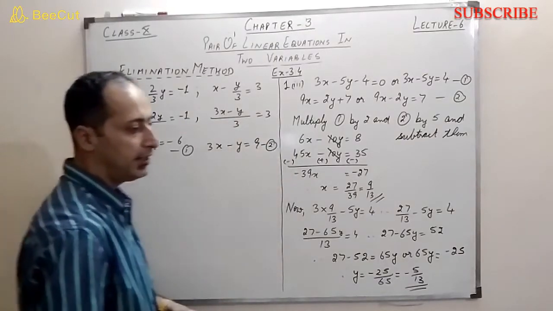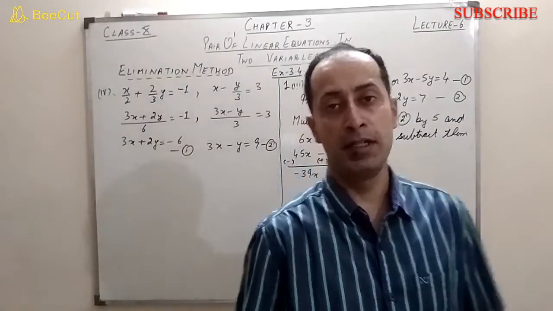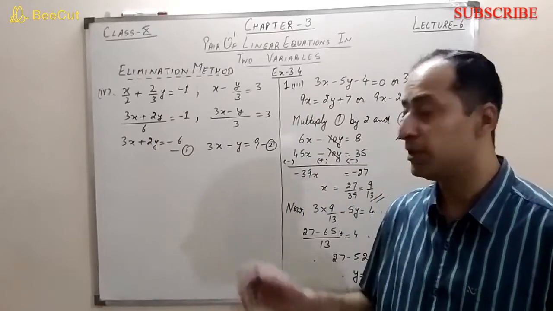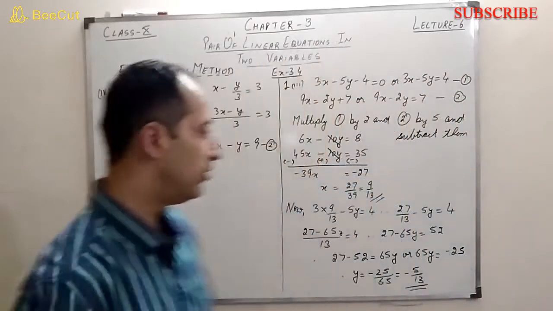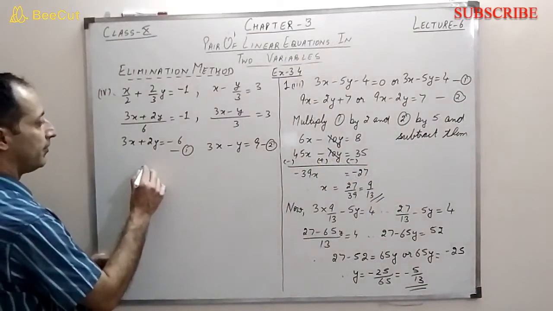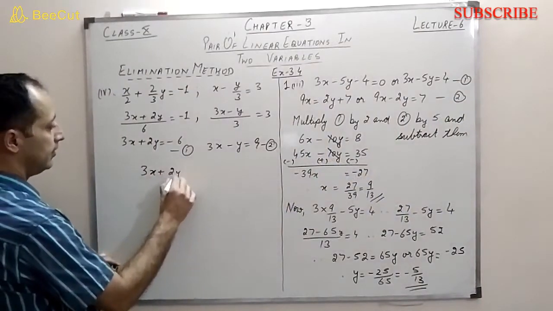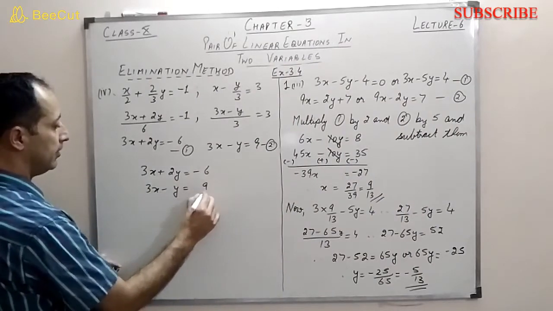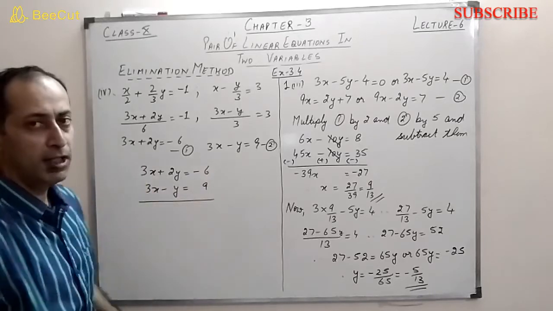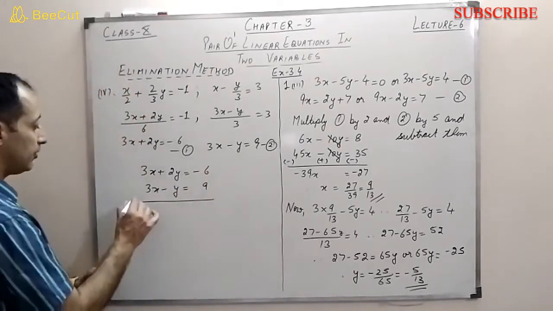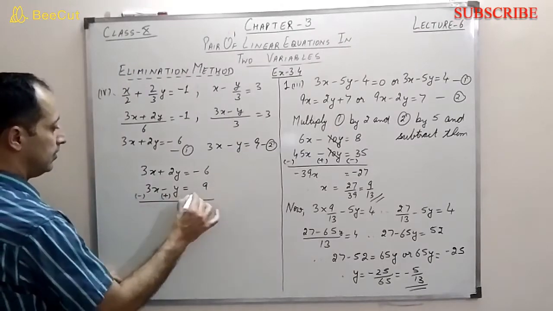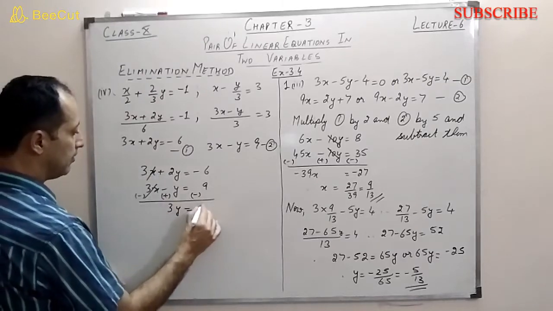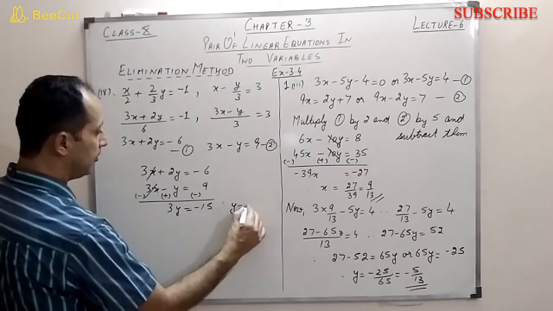Now you see, after taking the LCM, the coefficient of one variable automatically becomes equal. So one of our steps is reduced, multiplying the equations by some other number, and then we simplify, right? So we can just simply write the two equations. 3x plus 2y equals to minus 6. 3x minus y equals to 9. Now, since the sign is the same, we can subtract them. So we subtract these two. This cancels. So what we are left with is 3y equals to minus 15. Therefore, y is equal to minus 5.